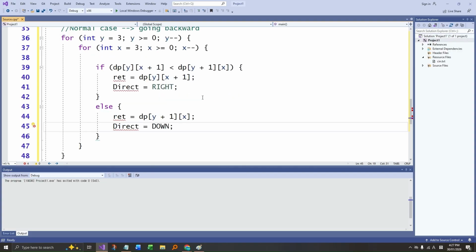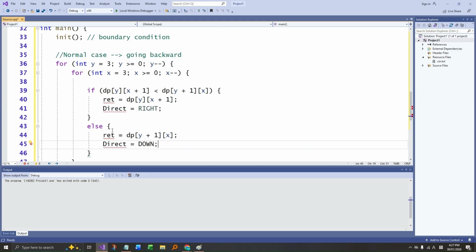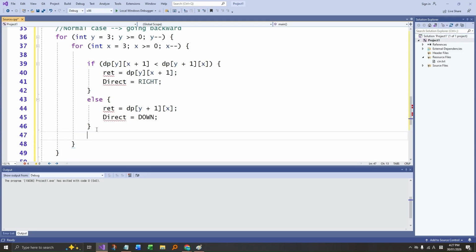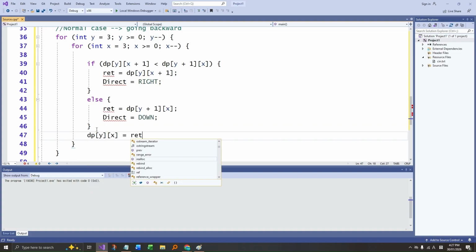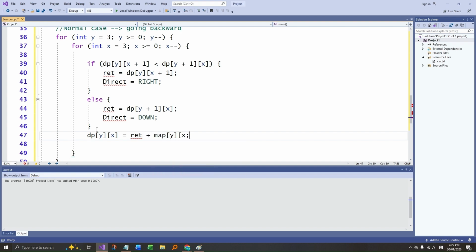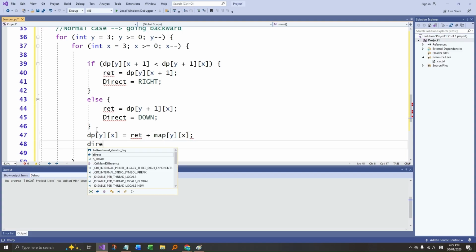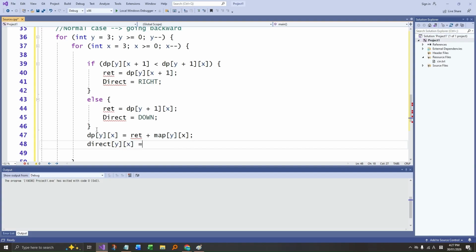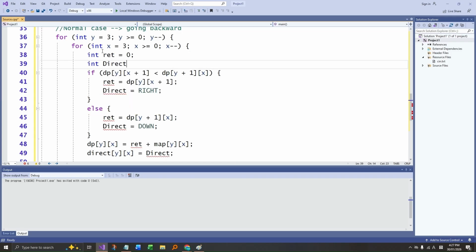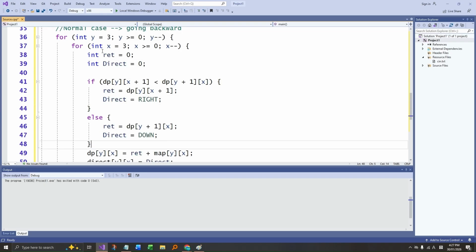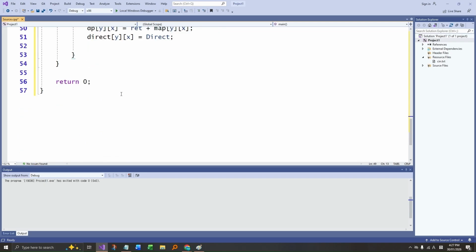There we go. And then we have to update those values to the current DP value. We need to add the current map value as well. And we need to update the direct array with this value as well. There we go. And yeah, so